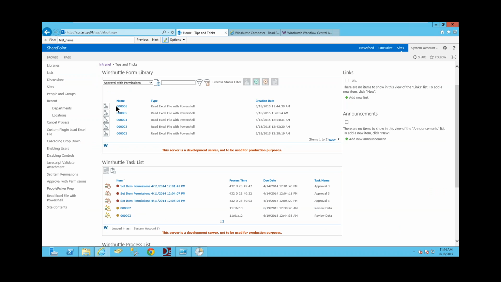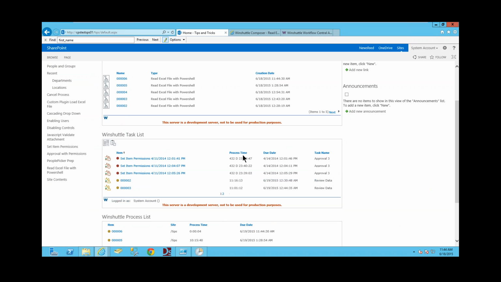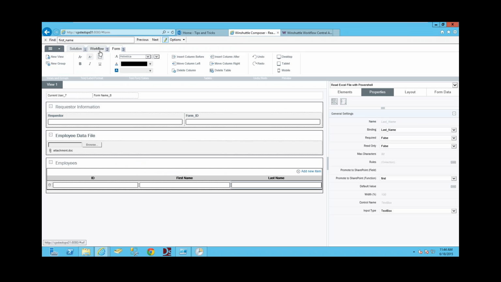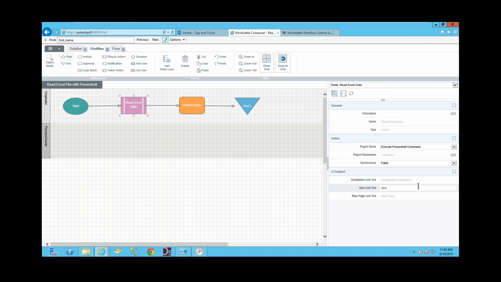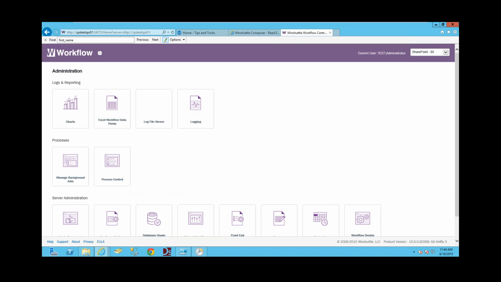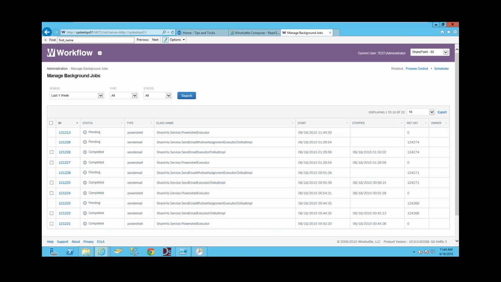So you can see right here, number 6 is in process, but if we sort by processing time, we can see that number 6 is not on my list, and that's because we set our synchronization to false. So it's going to wait to execute this before it tells us to review the data. Furthermore, if we go to manage background jobs inside of Winshuttle Workflow Central, we can actually see the job here,